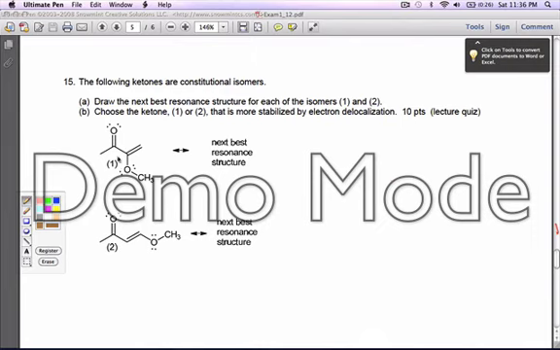So we could either resonate this, or we could resonate those lone pairs, or we can resonate the pi bonded electrons. And we are going to bring these electrons up and put that on carbon, and we shall get